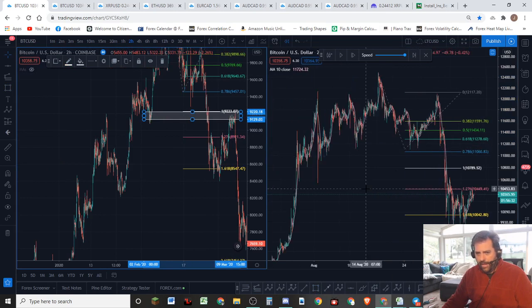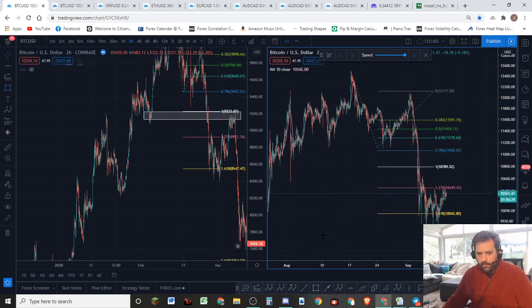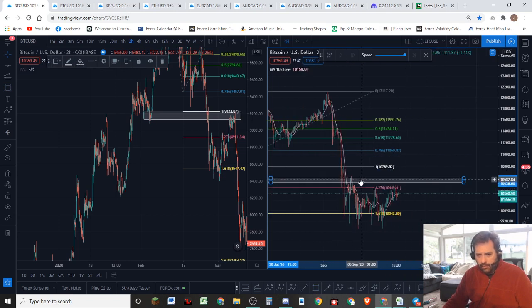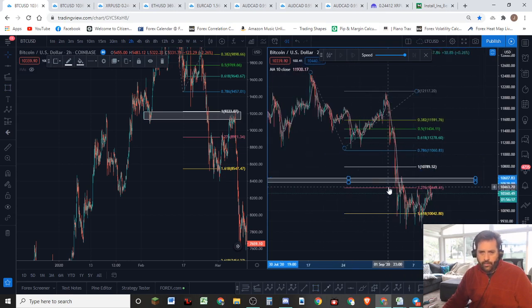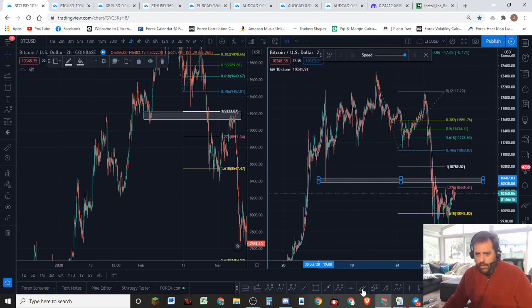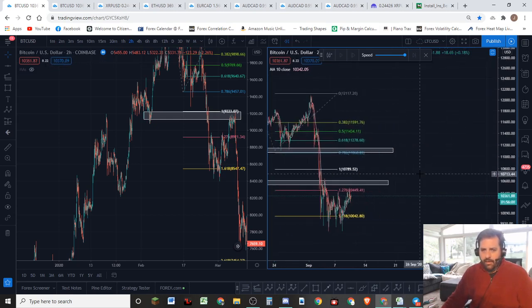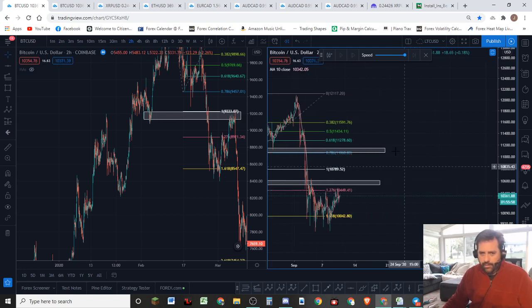Do we have anything like that here? We sure do. You can see, right, if you take this wick, okay, that gives you a little zone right in here. We also have the top of this wave here. So there's zones here to pay attention to. We have a zone up here. Now I wouldn't want it to get this high and think it's going to go down again. If it gets up here again, it can't break this area. But there's another zone to the upside. But this is pretty deep. I wouldn't expect it to get up there. But it certainly can do whatever it wants to do, right?